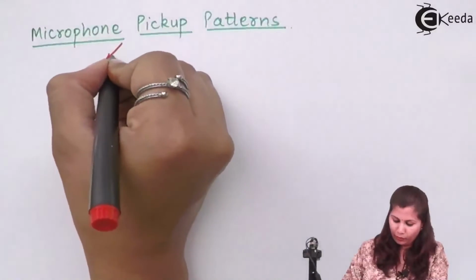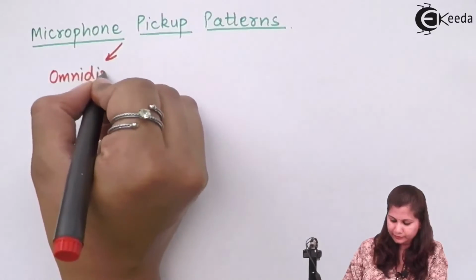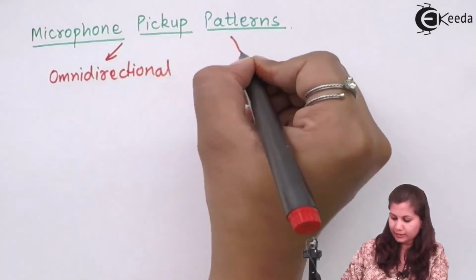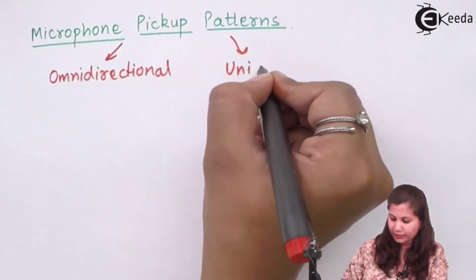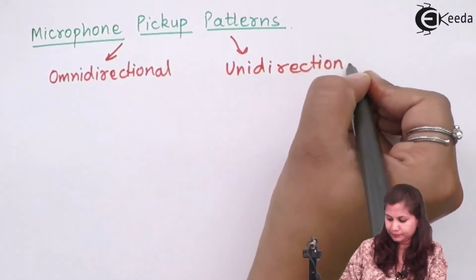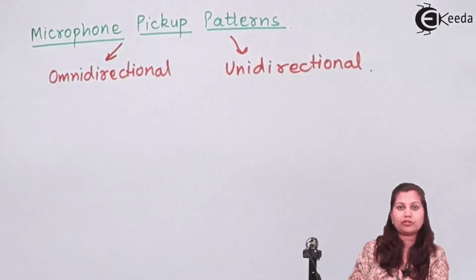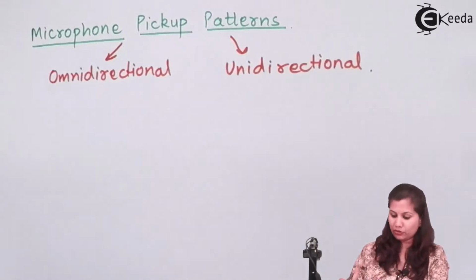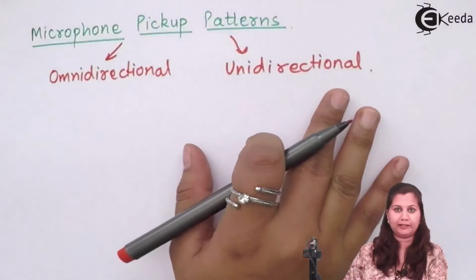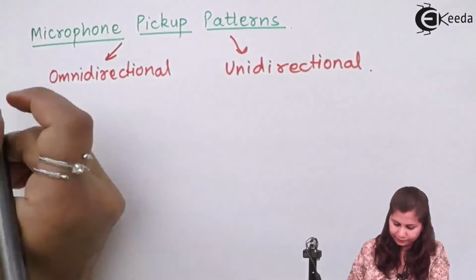One is the omnidirectional pickup pattern and the other is the unidirectional pickup pattern. So the shape of the pattern produced by the microphone, on the basis of that they are divided into omnidirectional and unidirectional categories. In omnidirectional,